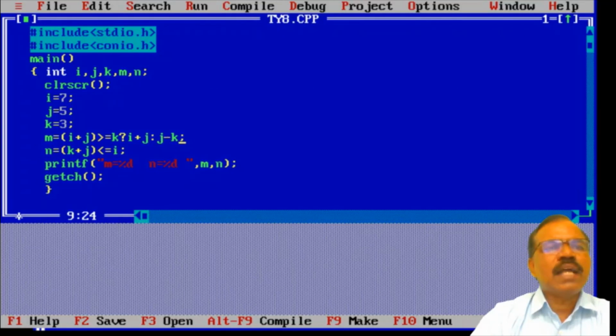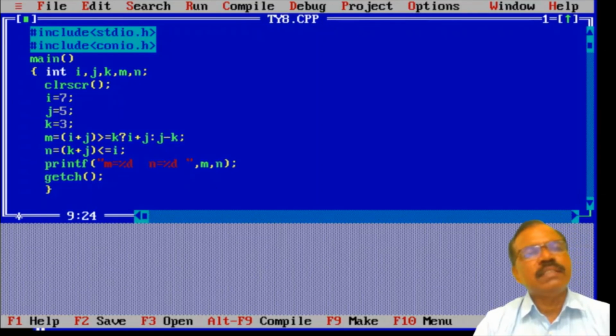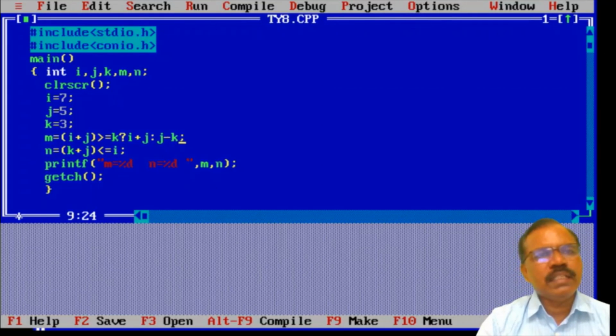And the condition is i plus j greater than or equal to k. Now this condition is true. So the first expression, that is i plus j, is evaluated and i plus j is 12. So 12 will be assigned to m. So we must get m equal to 12.